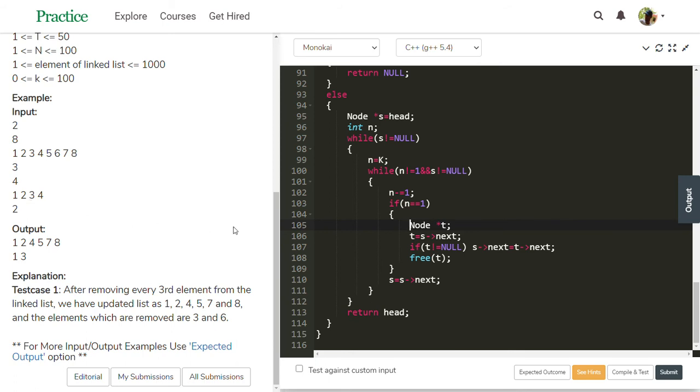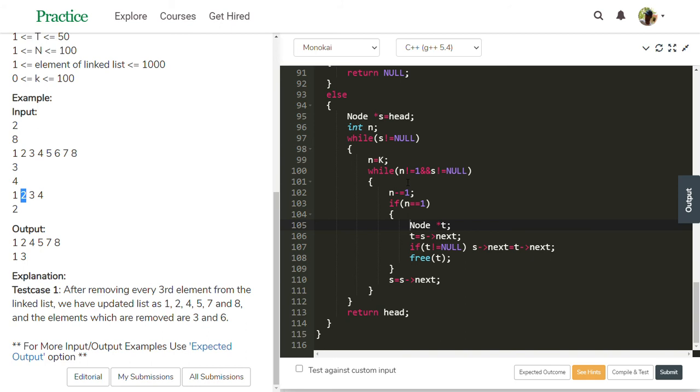Then s next equal to t next, because s next is pointing to node 3, t next is pointing to node 3, so s next is pointing to 3. Free t, the node pointed to by t, the second node, becomes free. Then s equal to s next. s was pointing to 1, s next is 3 now, so s is pointing to 3.